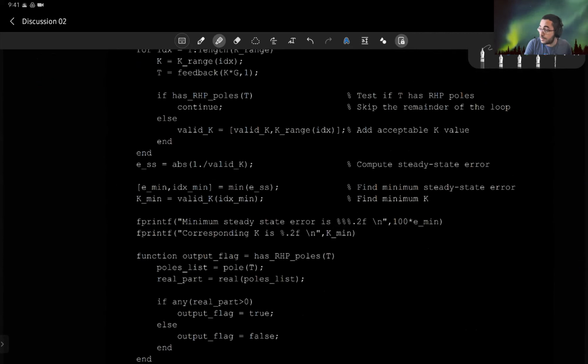Okay, so, want to share screen? Yes, screen one. Okay, so